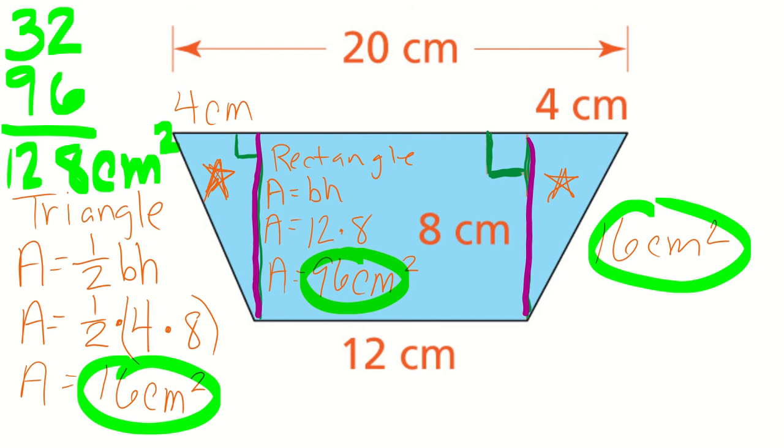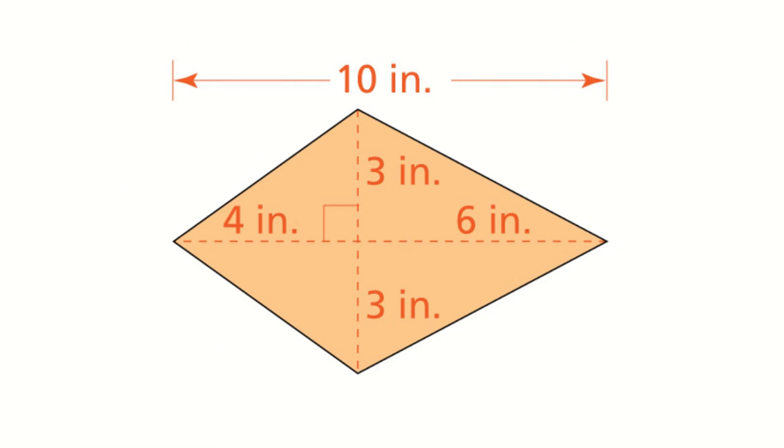I'm going to take a moment to get this set up to show you the second part of the problem, which is finding the area of a kite. All right, so that changeover probably didn't seem very long for you, but it took me a couple minutes to get everything cleaned up and set up for this new problem. So it should only take us a little bit longer to figure this out because we're going to do the same exact thing. We're going to decompose it into shapes we know, and then we're going to solve for those shapes. Now, a kite,